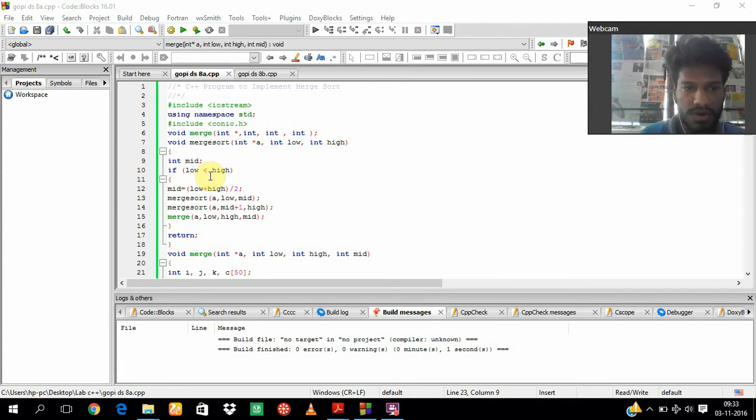Now if low is greater than high, so mid is equal to low plus high divided by 2, and the merge sort will be like a comma low comma mid, and merge sort like another a comma mid plus 1 and high, and the merge will be like a comma low comma high comma mid, and it will return. And again